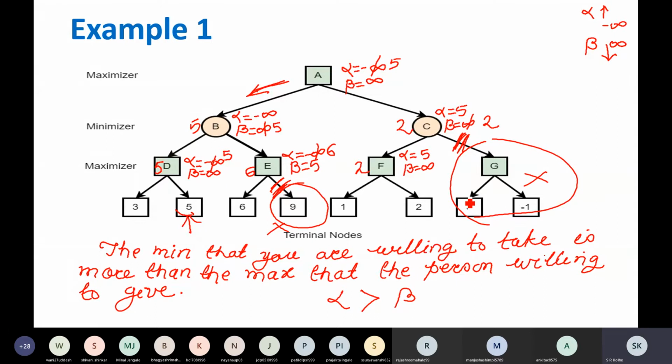If you have any difficulty in tracing this minimax alpha beta cutoff algorithm, we can discuss it right now. Have you understood the process? If not, let me know so that I can explain it again.